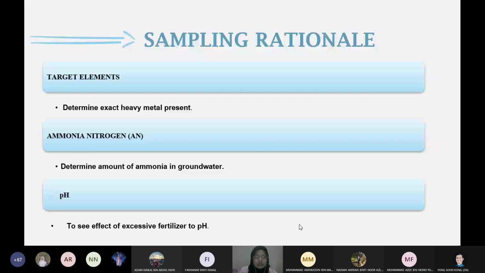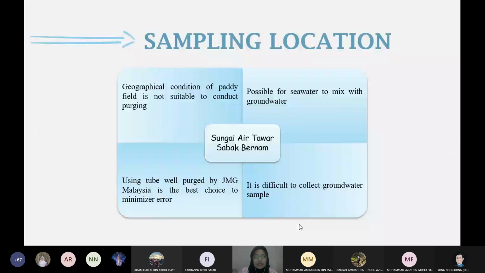Next slide. The experiment will be conducted at tube well located in Sungai Air Tawar, Sabak Bernam. We have chosen this place due to some rationale, which includes geographical condition of paddy field is not suitable to conduct purging, where elevation